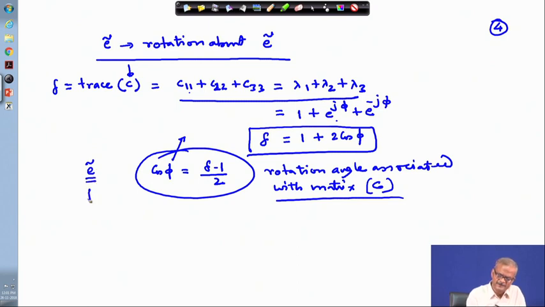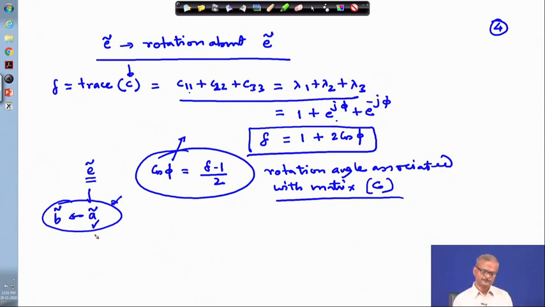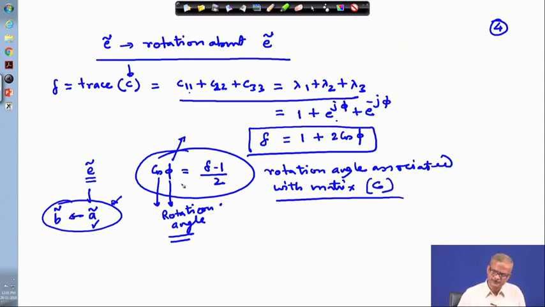So, instead of using E tilde, later on we will continue with using A tilde, because it will be much more convenient to represent A tilde if we are converting into another frame. After the rotation of the frame, it can be represented as B tilde, and it is much simpler to work with. So, this phi is the rotation angle. And later on we will look into that indeed this phi happens to be the rotation angle.